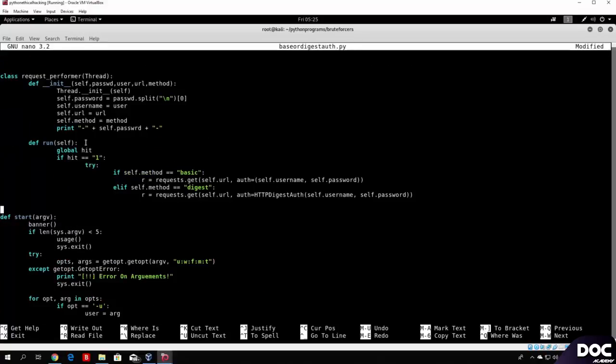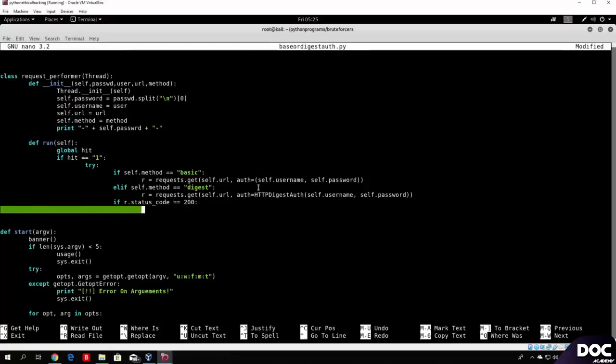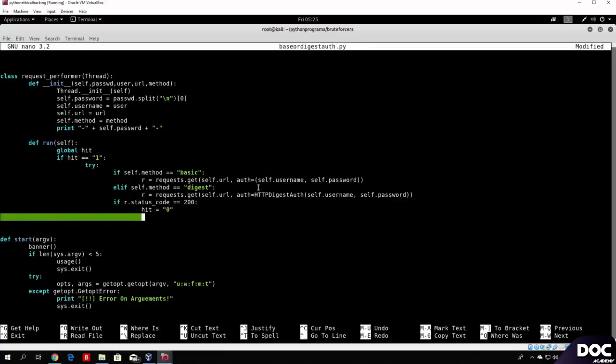And let us see how we can actually implement all of that. So first of all, as I said, let's go right here. We want to check for the status code. Now we made a request, or the r variable to contain the response from this request. So if r.status_code, which is an actual thing that we can check with the requests library, equals 200, we can set the hit to be equal to 0, and we can print, like this, password found,